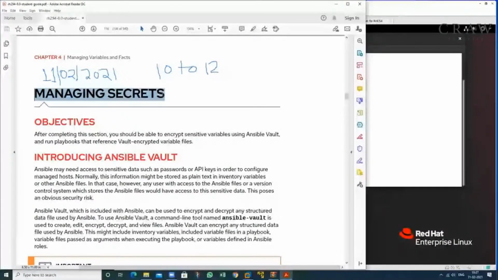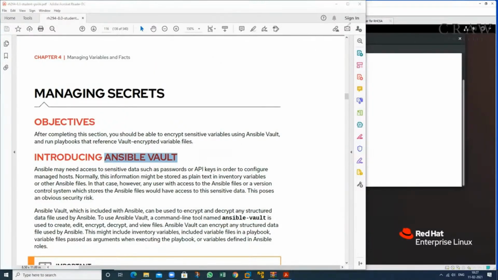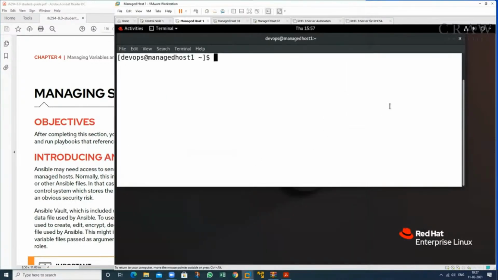If you have a playbook and you have sensitive data in this particular playbook, then how do you protect that playbook? Ansible Vault is used to protect our data that has sensitive information. Protect means that if someone sees the playbook,